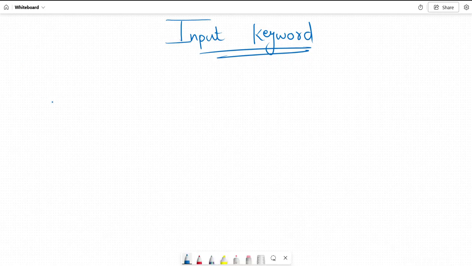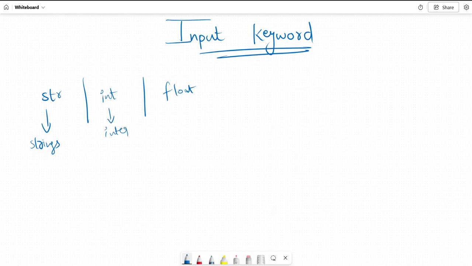Now, how will we be using it? We have three keywords: str, int, and float, correct? str is for your strings, int is for your integer, and float is for your decimals, or float as we call it in Python. If you want a brief or detailed discussion about it, you can go to my other video which covers in detail all the data types present in Python.